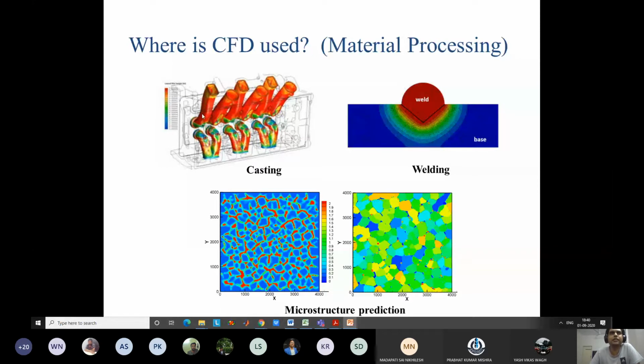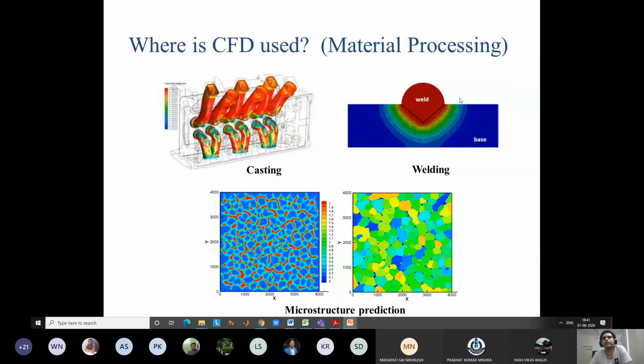So how does this solidification occur in this mold? These are studied using multiphysics. There are numerical solutions for the thermal effect, as well as the phase change and the flow. So flow and thermal effects as well as phase change, all this needs to be studied together. Similarly, other material processing like welding applications.